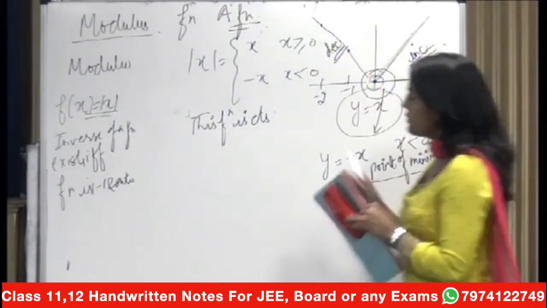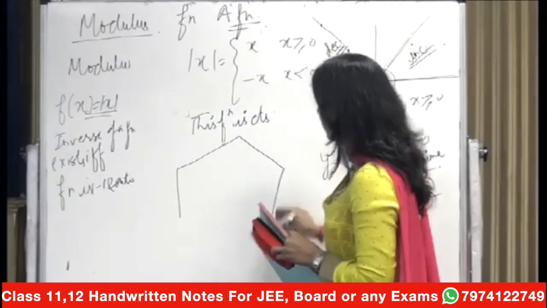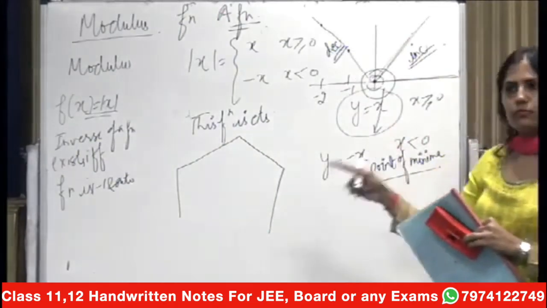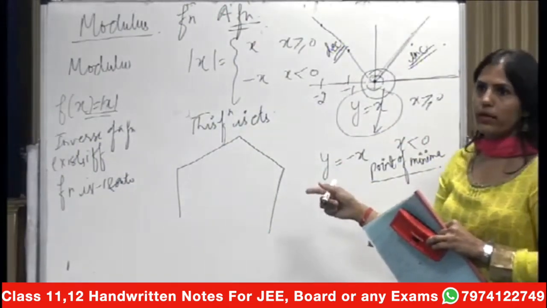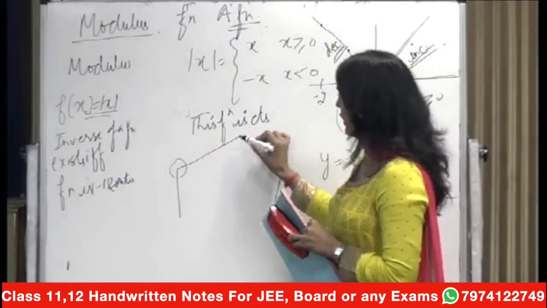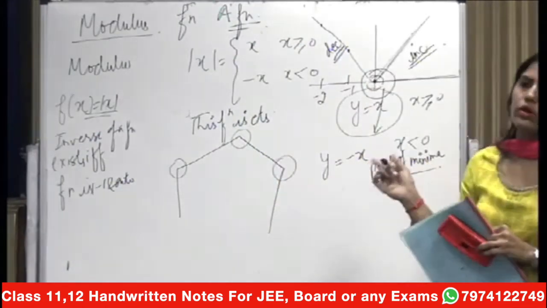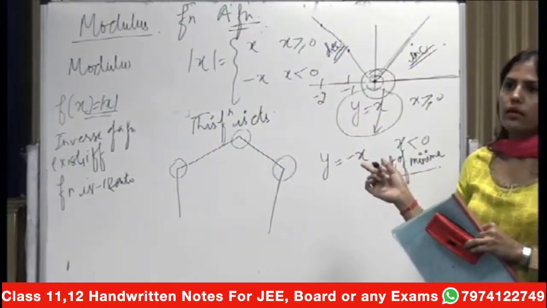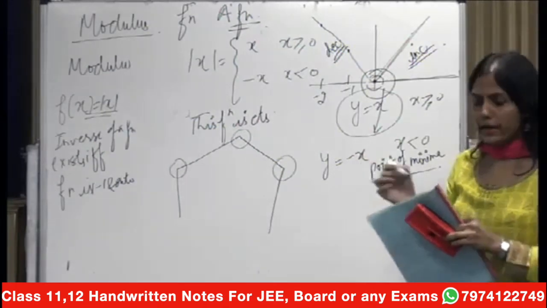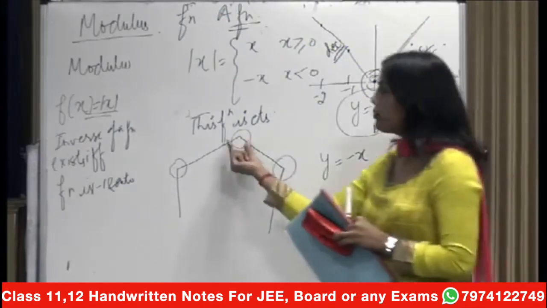So I'll just take this example. If I draw my graph like this, here the function is continuous because there is no break in the graph, but here there is a corner, here one more corner, so 3 corners. So at these 3 points this function will not be differentiable. So by graph, how do you check differentiability? This is how you check. There should be no corner.